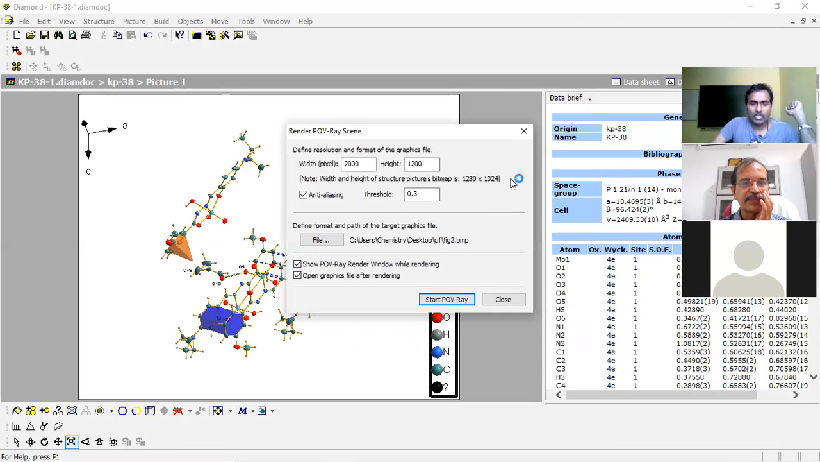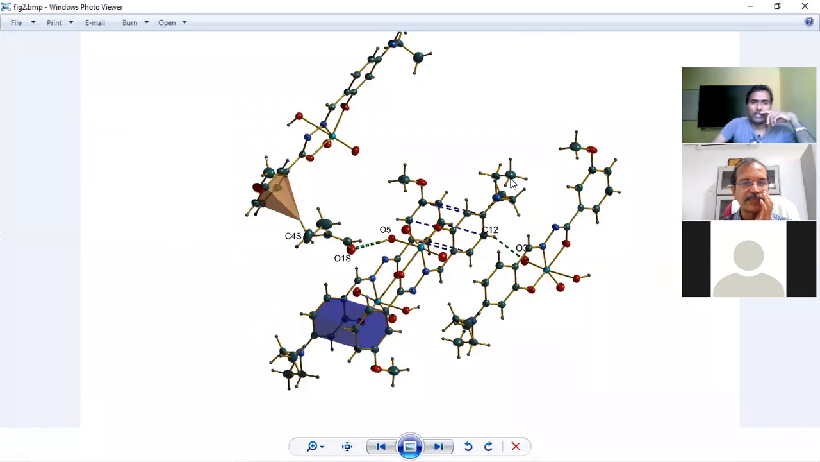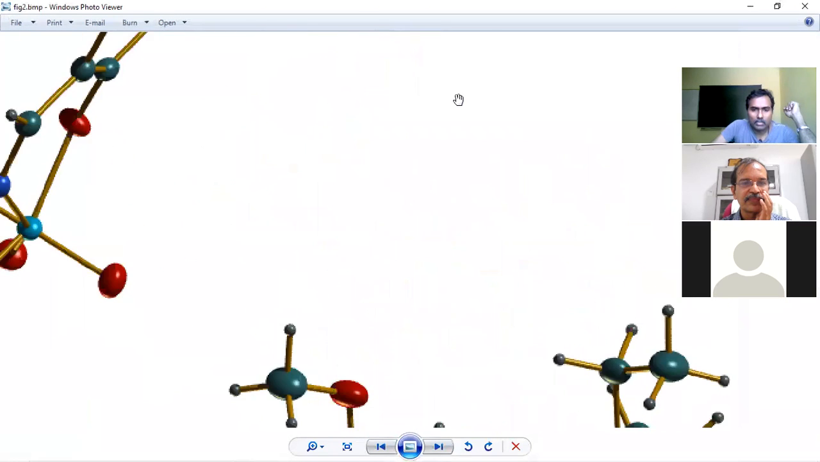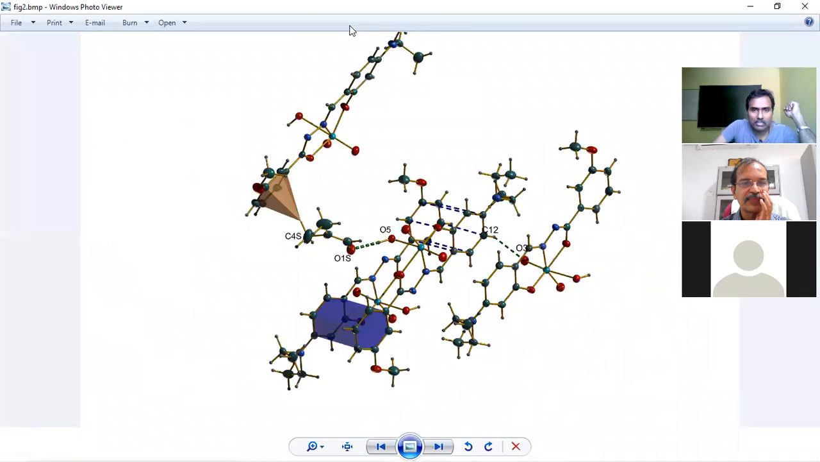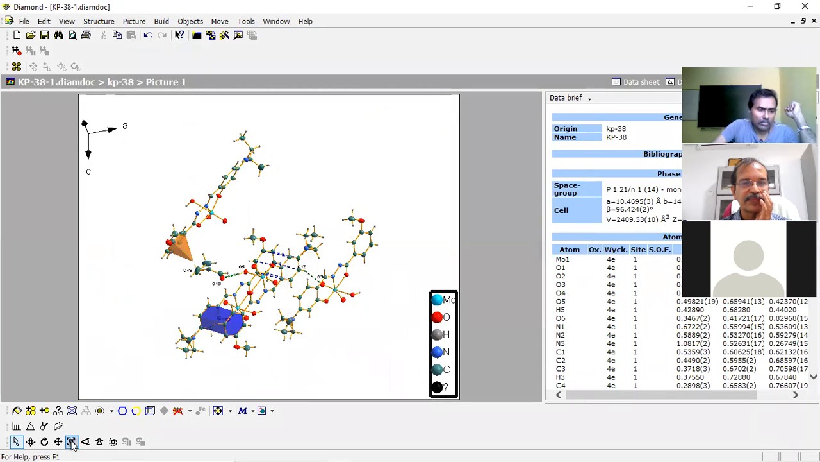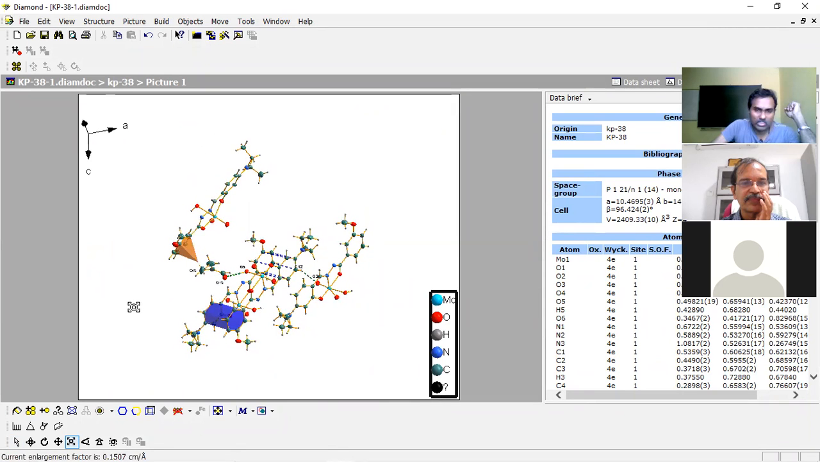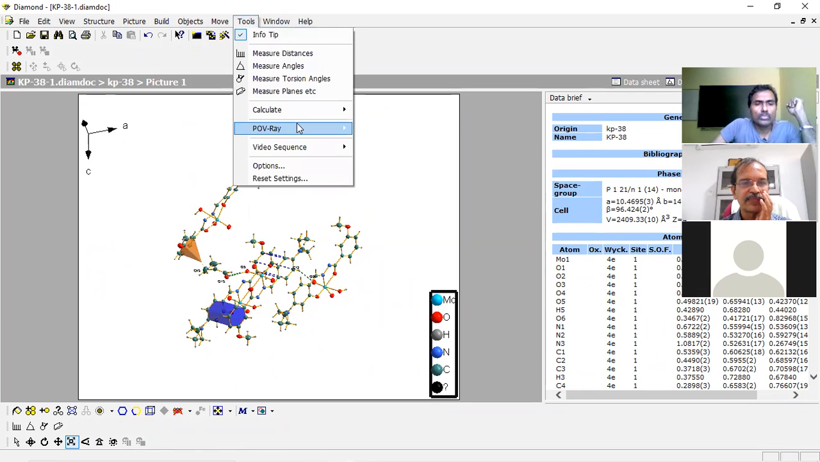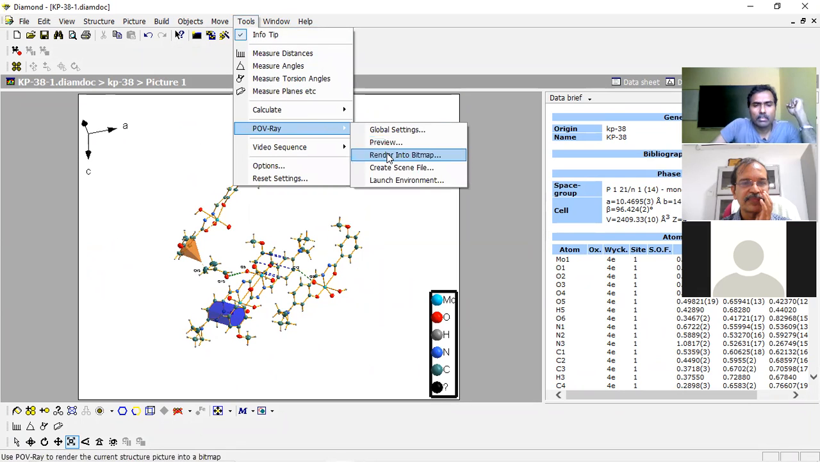So now a very clear, high quality picture is obtained. Anyhow, we have missed something here. Very high quality picture, but we have missed some part of the atoms here. So again we have to set it close and narrow down, shrink the molecule so that it will come out. So go to tools again, POV-Ray, render,